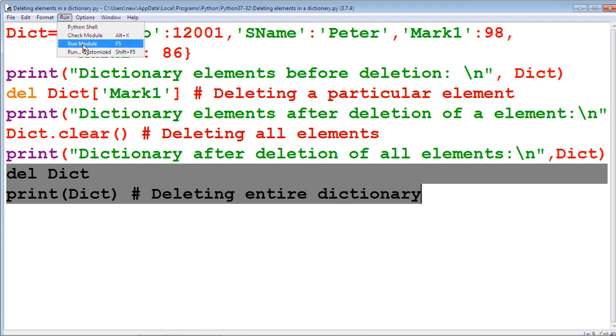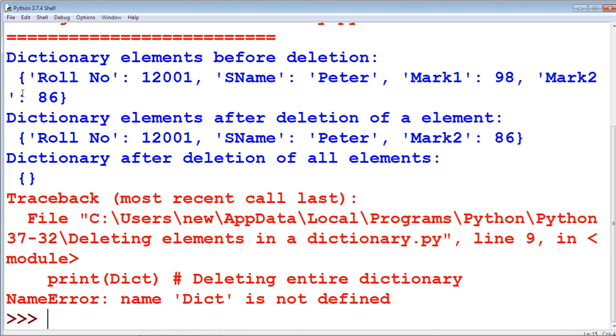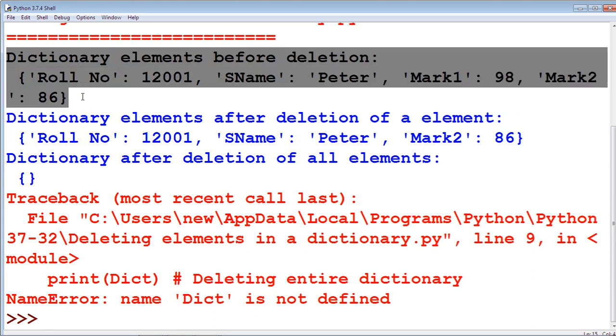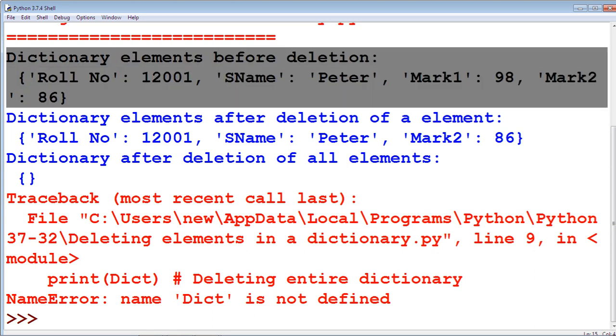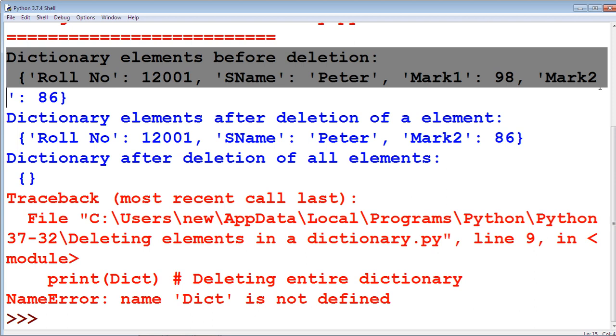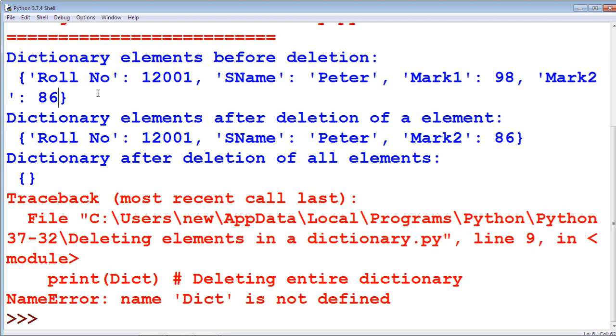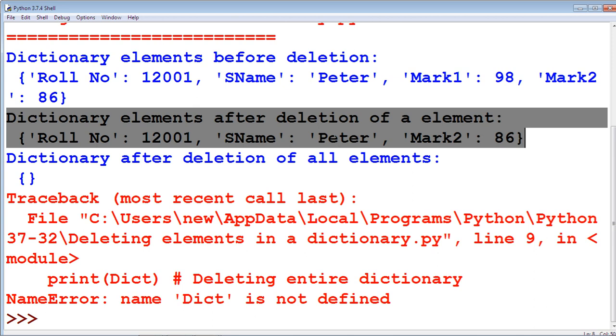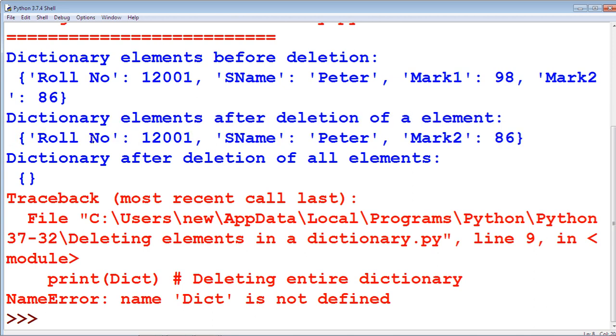Run this program and check the result. The entire values of the dictionary are printed here: roll number, name, mark 1, mark 2. After deletion of mark 1, we get this dictionary as roll number, name, mark 2, but mark 1 is not printed here because it is deleted.